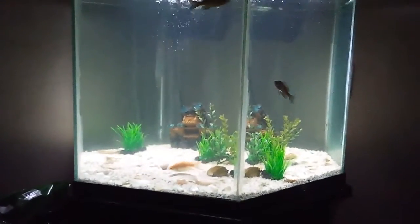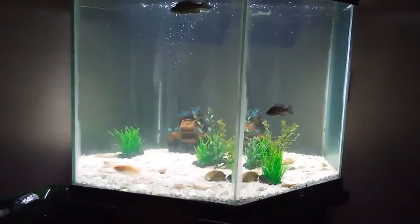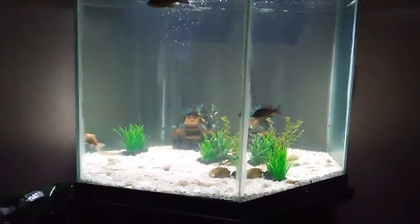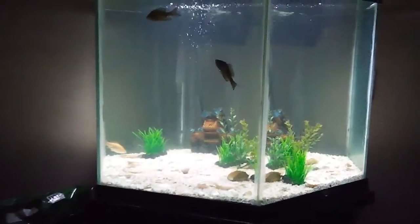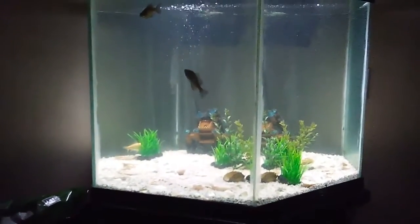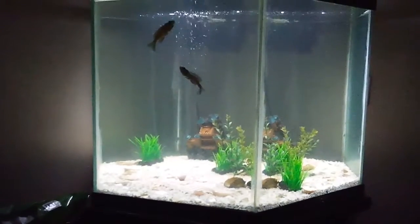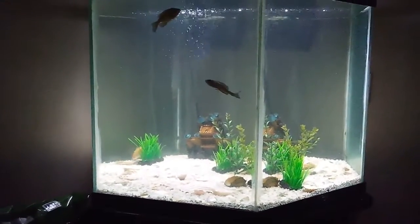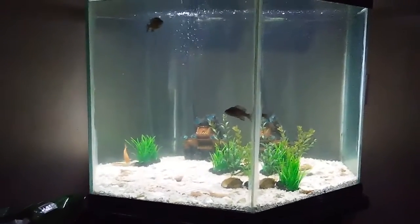See that one down there now? Okay, he's down there eating. I digress, but it does not make sense to put a lot of food in there when most of it's going to go to the bottom anyway. And so what I was saying before I digressed was, it's not a problem with going to the pet store and buying fish from them, but